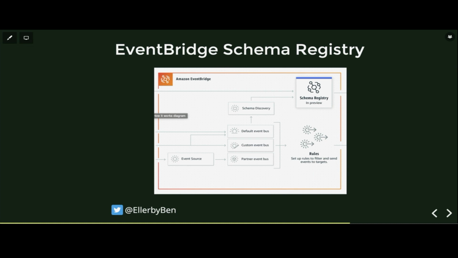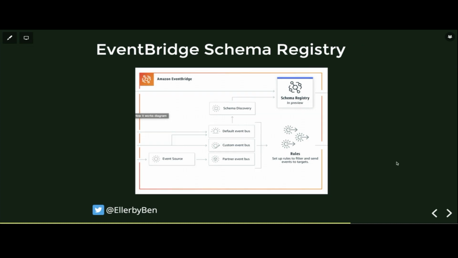The other thing that's quite interesting is schema discovery, which is where EventBridge schema registry will build a schema for the events flying through your system based on the instances of the events that it sees, which means retrospectively it'll build up a schema, and then let's say the marketing team want to know the different events the order team are publishing, they can then look into the EventBridge schema registry and discover different events that team are publishing, and therefore they could then listen to those events and trigger their own logic of it.